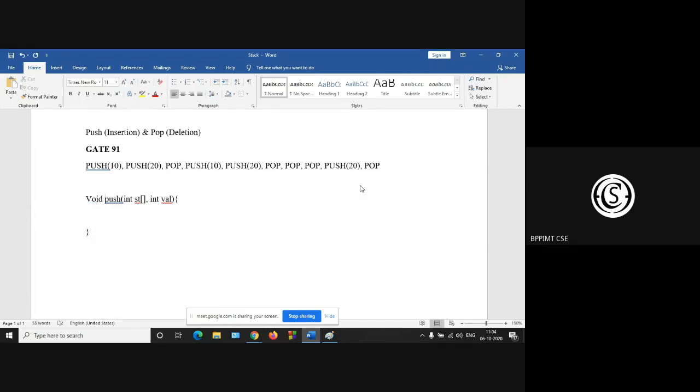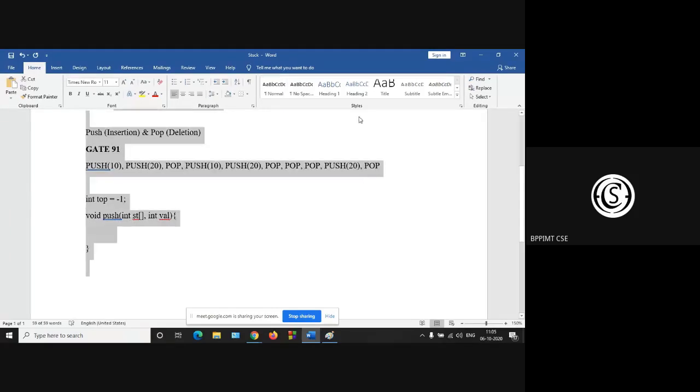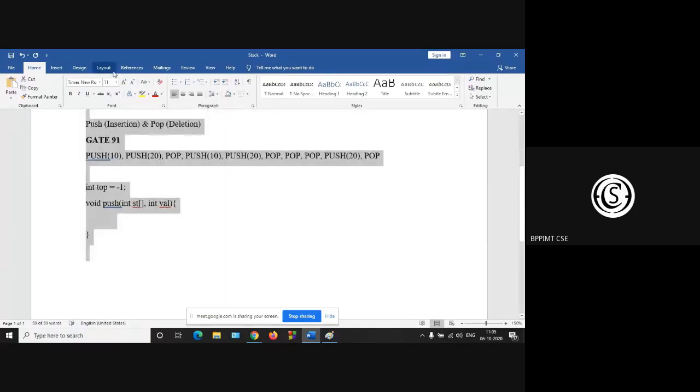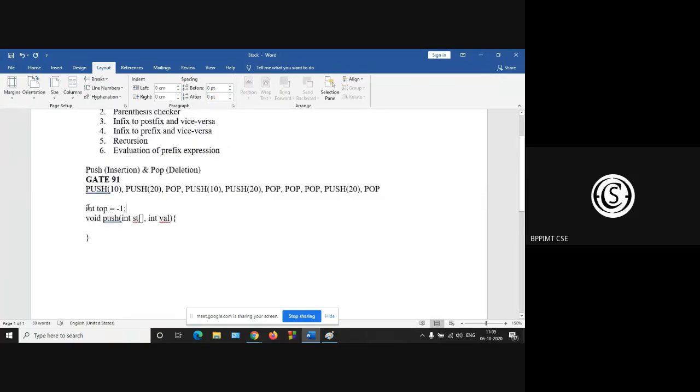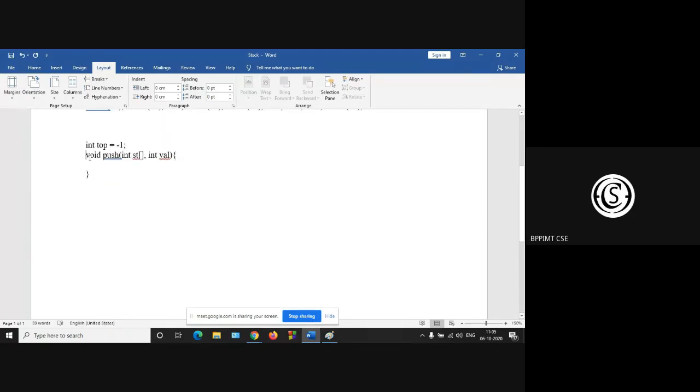Let the return type be nothing, and we initialize the top with -1. So int top is equal to -1.